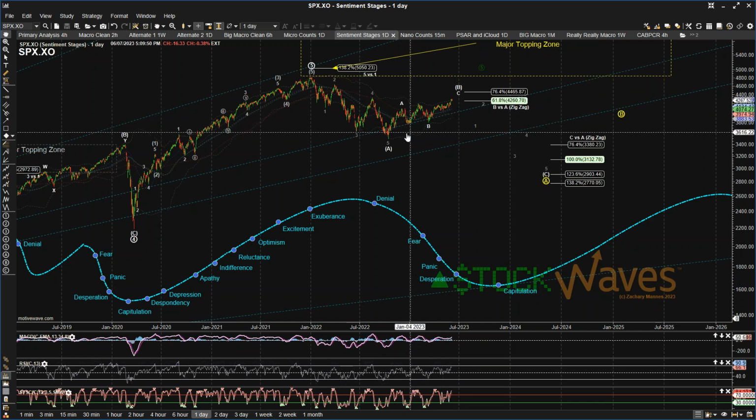But it is cool to look at how we look at those internal structures and the differences that it makes in terms of fibs. So one way of looking at it, we knew we had an ABC up for an A wave into the November high, and we were looking for a retrace as a B. And we got our ideal retrace